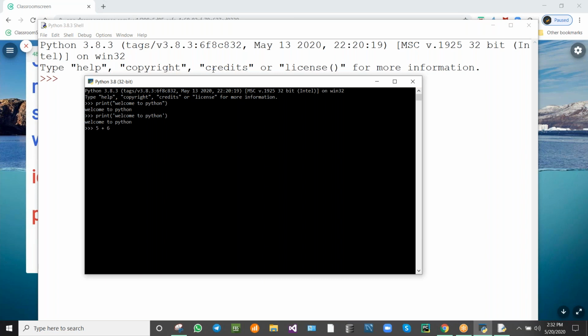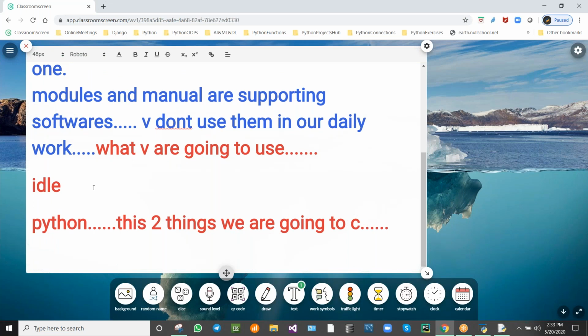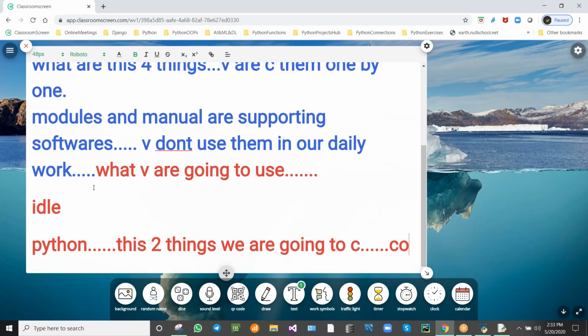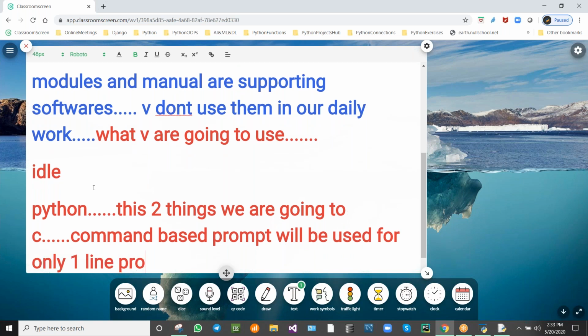For example, the output will come. Print of, it will print. This can be done only line by line. The command based prompt will be used only for one line programming.